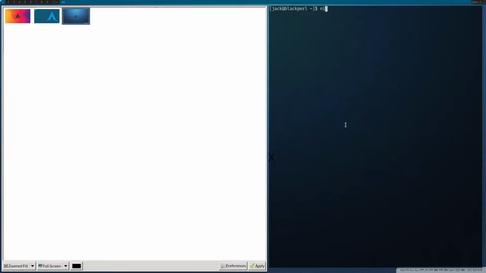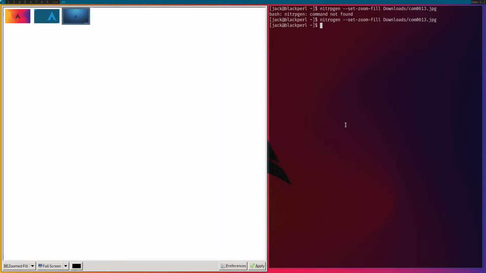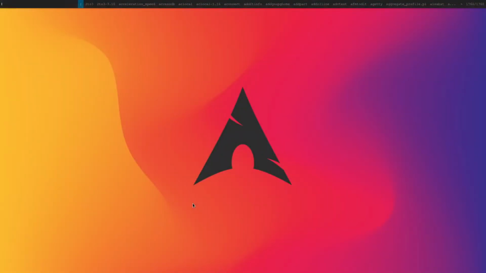I mean that command, the nitrogen --set-zoom-fill in the downloads, I think it was com, right? If I do this, the wallpaper changes, but it does not apply. So it changes for just this session. After that, if I don't apply it, for example, so let me just go ahead, select this thing and apply it. And just to test my theory, let us reboot,